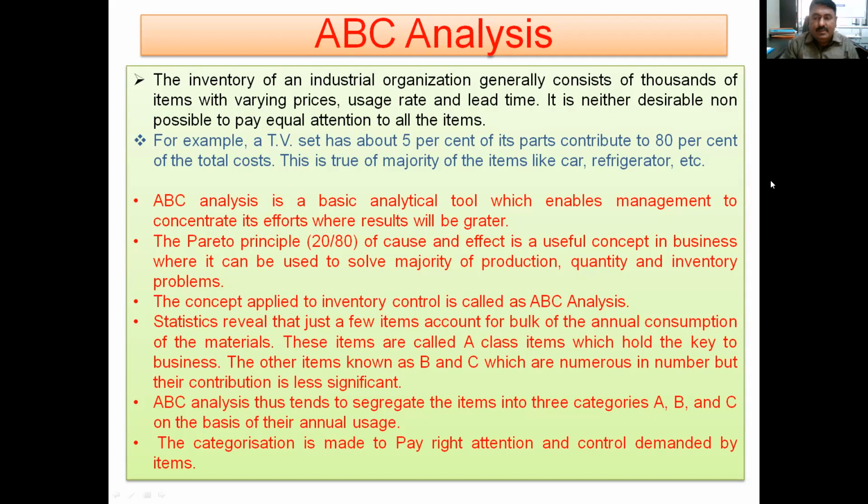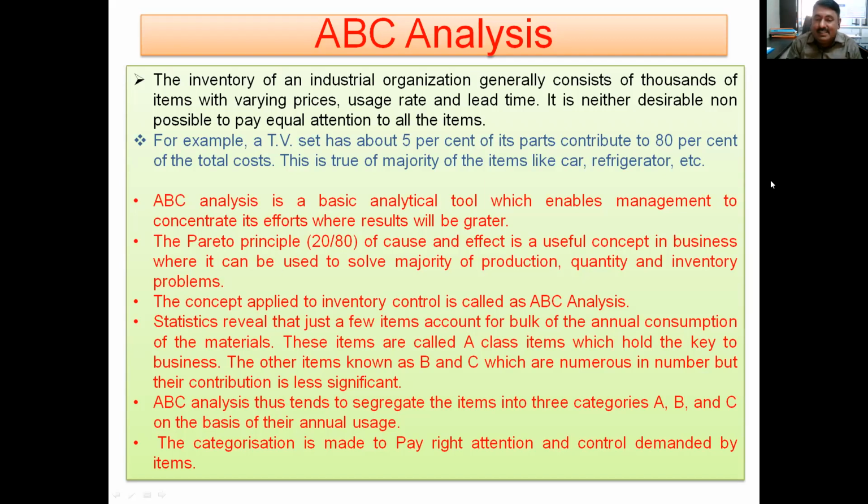Okay, so if you take the central store of any industry, in that central store there are more than 1000 items, or I can say 5000 items at a time, including the miscellaneous items, the tool room items, the maintenance and spare parts, the parts required for manufacturing of the component, the raw material, and the parts which are ready-made available in the market, which the company is purchasing and using. So many items, thousands of items with a variety of prices. One of them is a nut bolt at 5 rupees, and another item, say a casting in complete finished form with everything ready, is at 1 lakh rupees. So 5 rupees is a cost, and 1 lakh rupees is also the cost of an item.